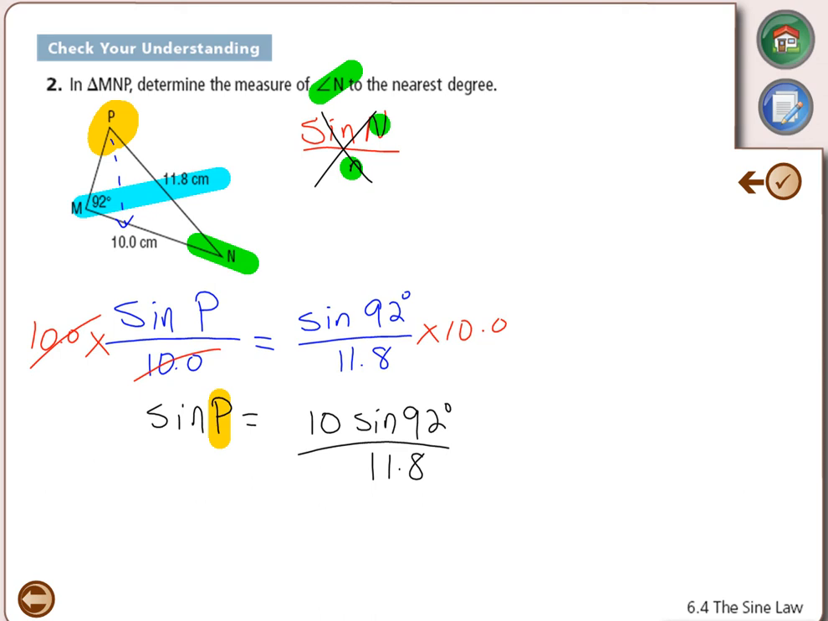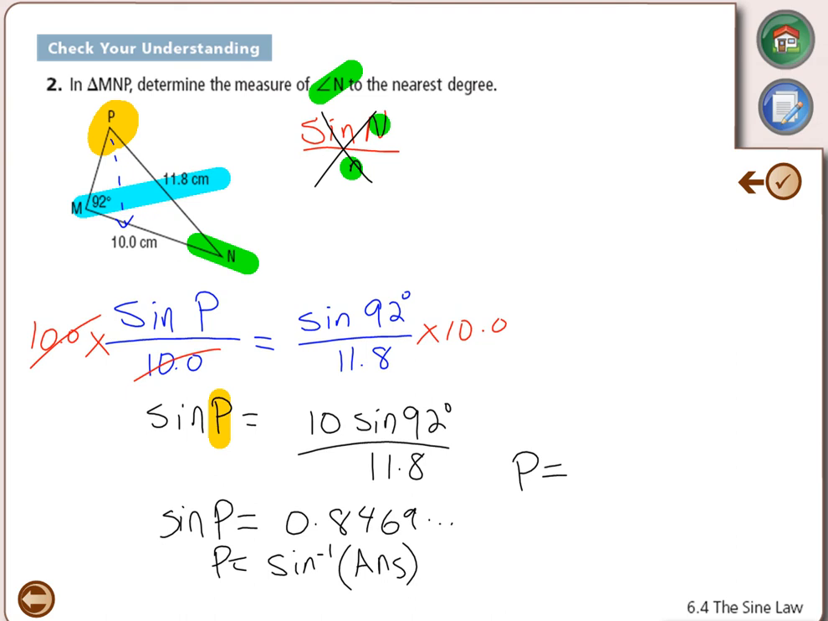I'm going to do it in 2 steps. I'm going to quickly punch this into my calculator. And I get a value of sine of p is equal to 0.8469... Got to get the p separated, so we're doing the inverse sine of that answer. Don't punch in the values. Use your answer button on your calculator, which equals 57.8805... So approximately to the nearest degree,